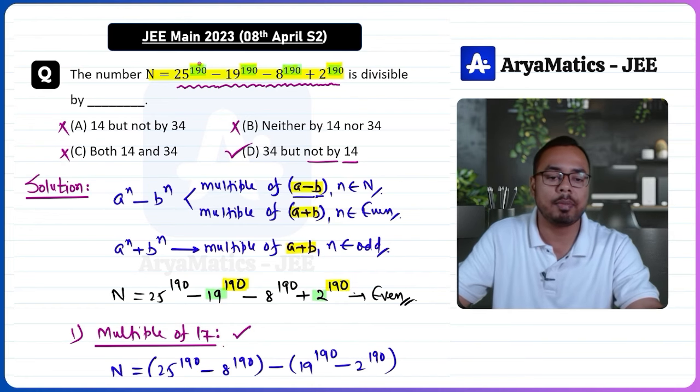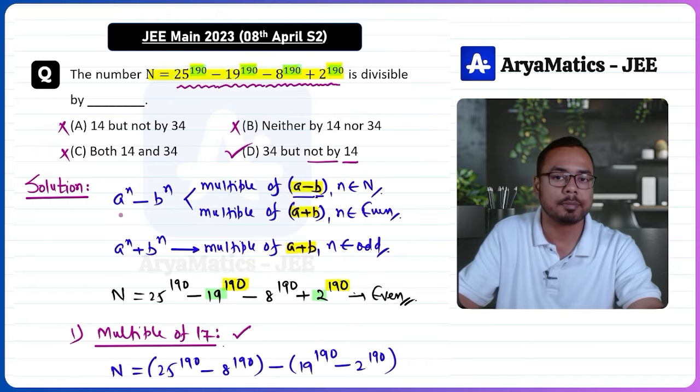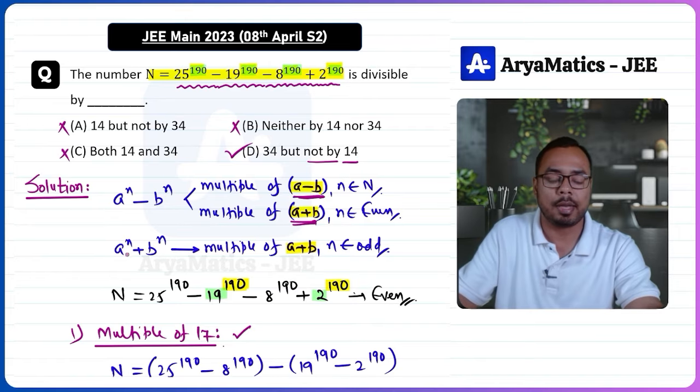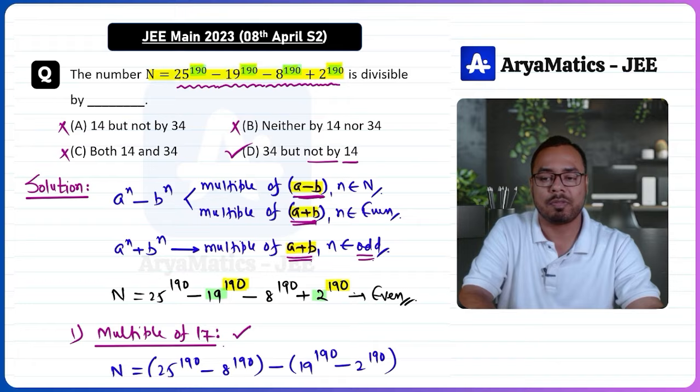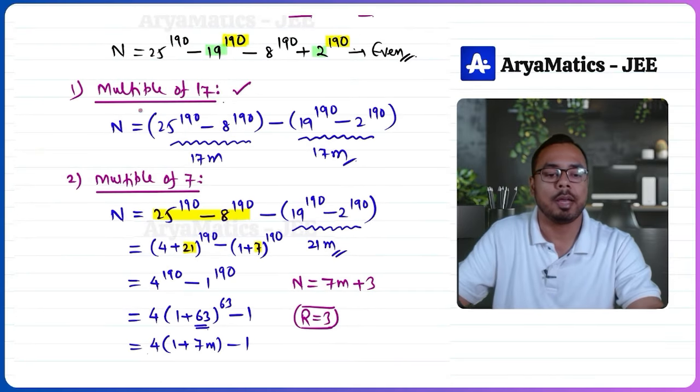So you can see that whenever you have the same exponent, different terms are there and the exponent is same, then you can use these three results. A raised to n minus b raised to n, always multiple of a minus b, and if n is even, then multiple of a plus b. And a raised to n plus b raised to n, this is multiple of a plus b if n is odd natural number. So from there directly you can see that this number was multiple of 17, and for 7